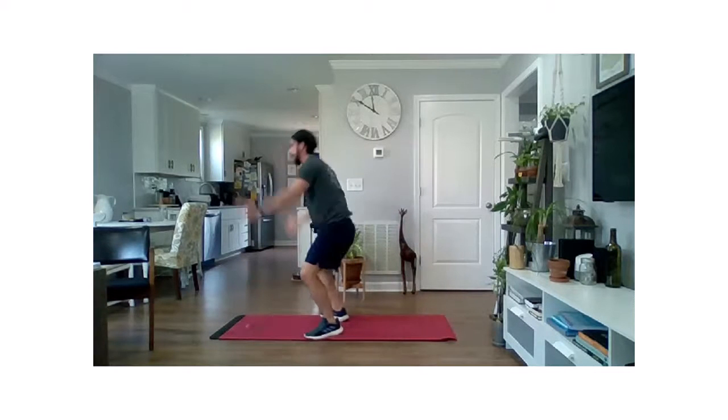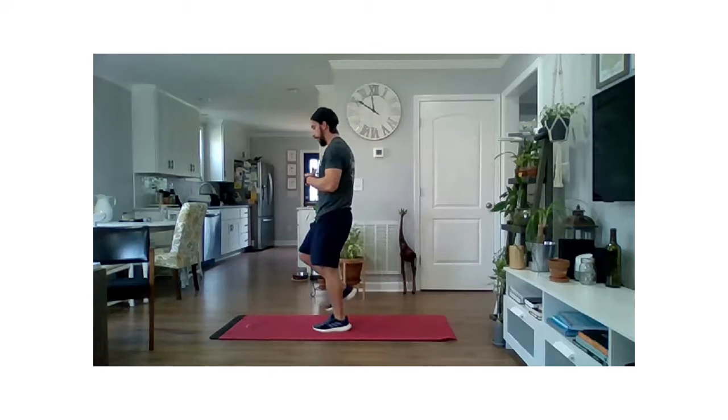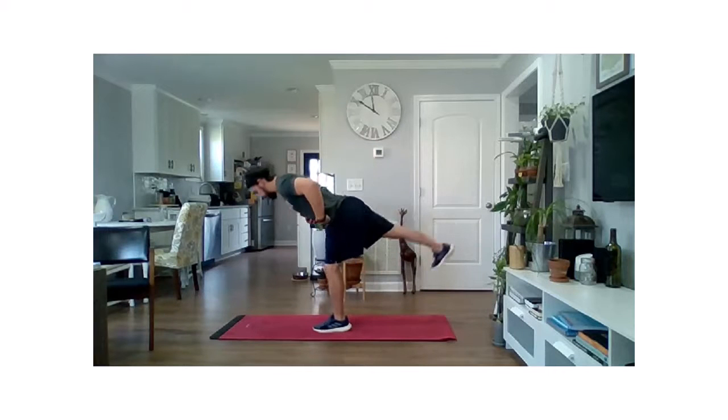3 burpees to start it out. Make sure that heart rate is there, ready. And then we're gonna hinge into that RDL. We're gonna get a little kickback, and then back up. What I want you to focus on is that kickback,